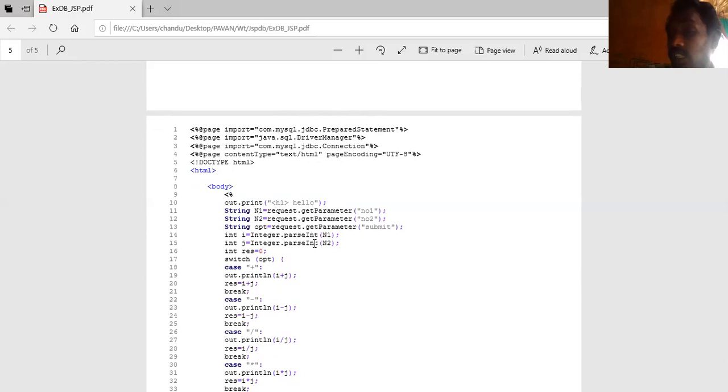Whenever we are reading anything, it comes in string format. After that, we need to convert it into the required data type. Now I am converting into integer. And OPT is the option. Option is nothing but either plus or minus or multiplication, depending upon the situation.